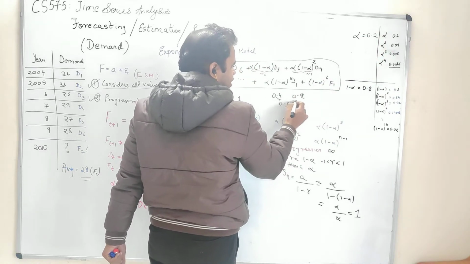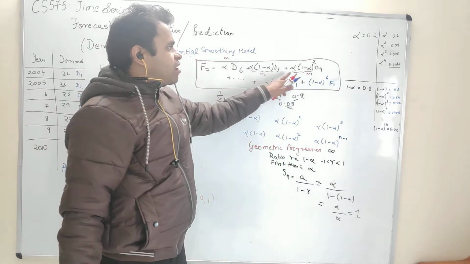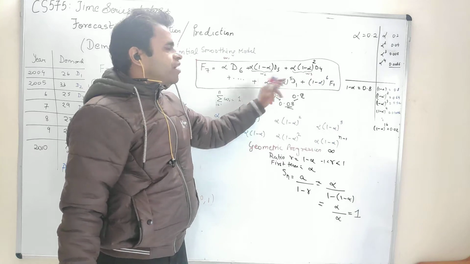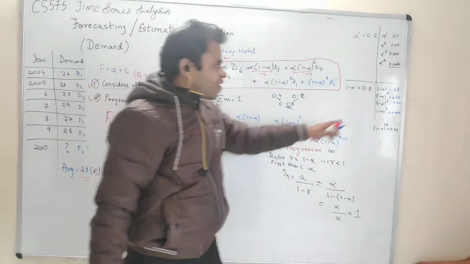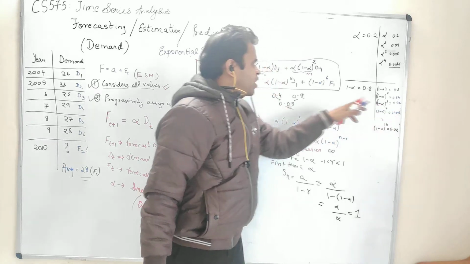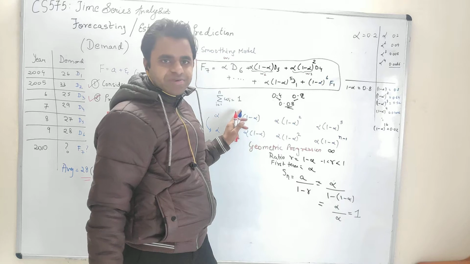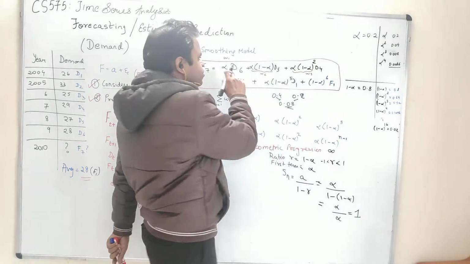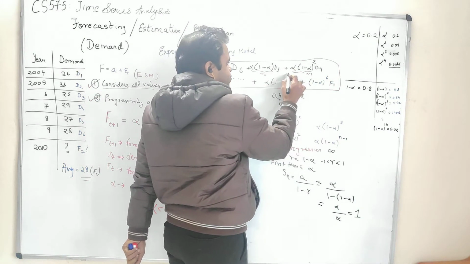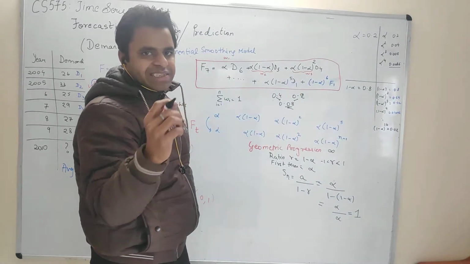This value is even lesser than both of these. And you can see that we are always multiplying alpha into 1 minus alpha, alpha into 1 minus alpha. So the value is getting reduced; on the fourth term it reduced to 0.4, and when you multiply the fifth term with alpha it will reduce even more, right? So as you see, when this exponent increases, the value becomes infinitely small.